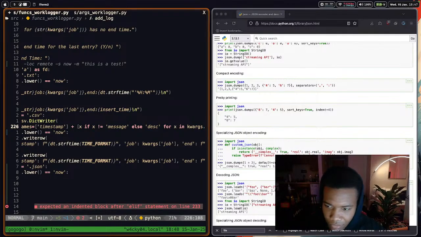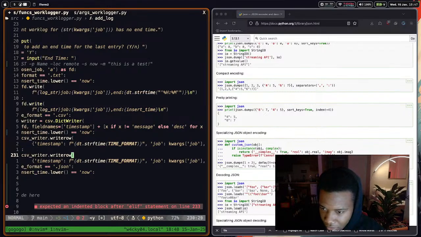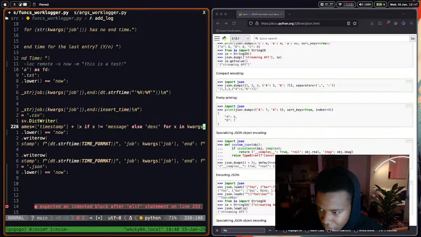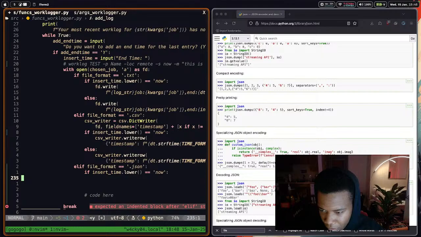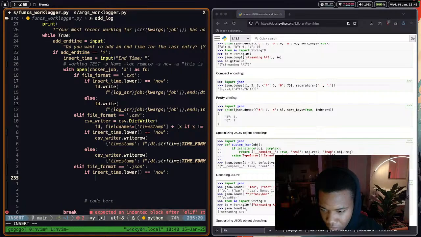So X, if X is not equal to message, else description. So basically I just changed message to description and added in timestamp. Yeah, because timestamp is not included. So it will basically be